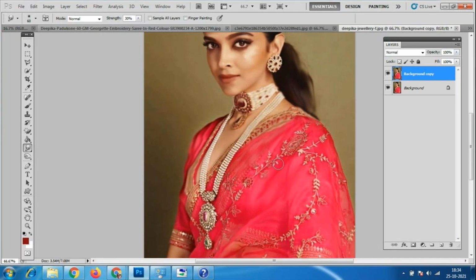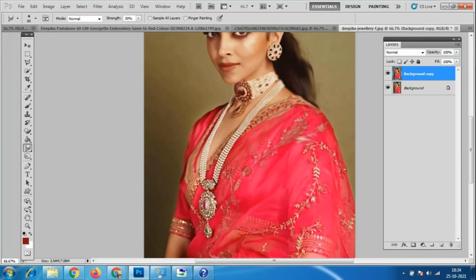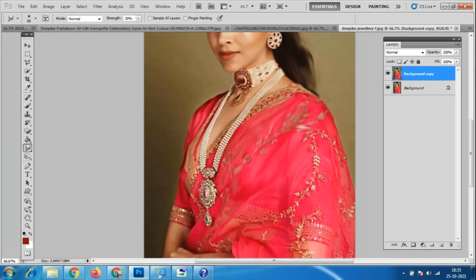We can apply the effects also for this smudge tool. Okay, so which should not look like very clearly like the photo we have taken.